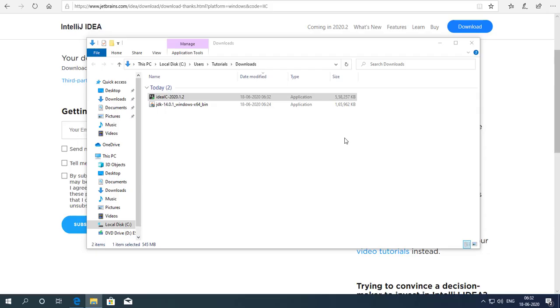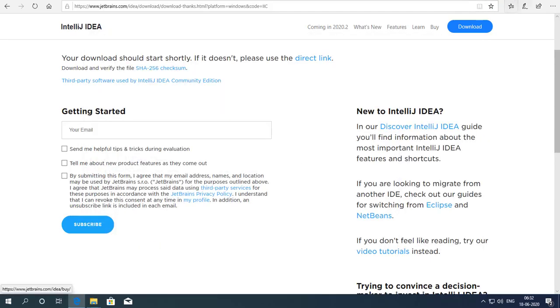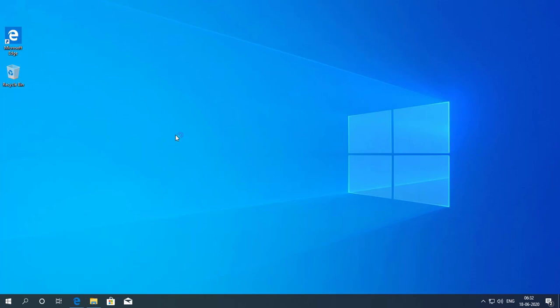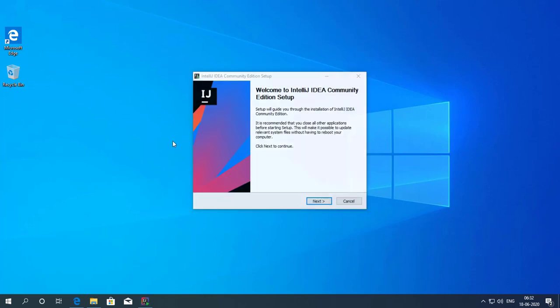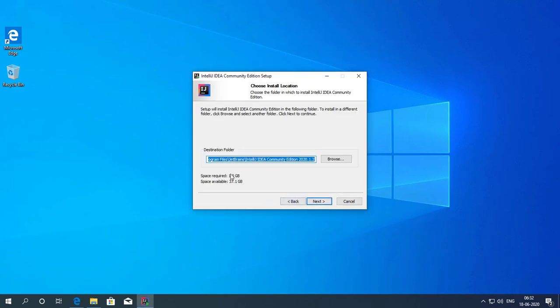Click yes. Click on the next. This is the path where our IDE is installed. That is under the C drive under the program files folder. So I am clicking next.